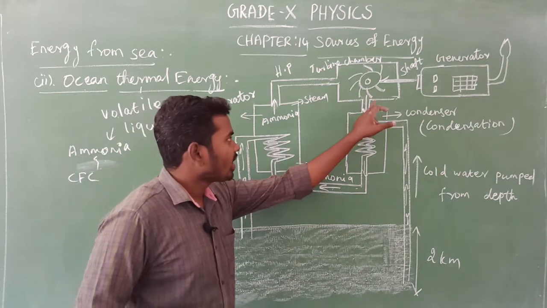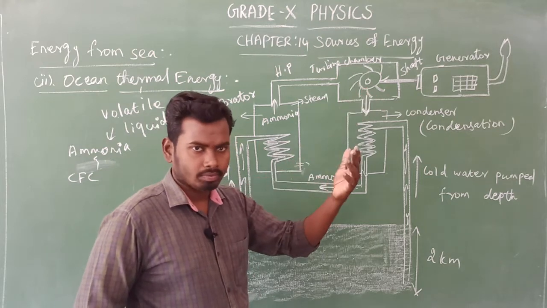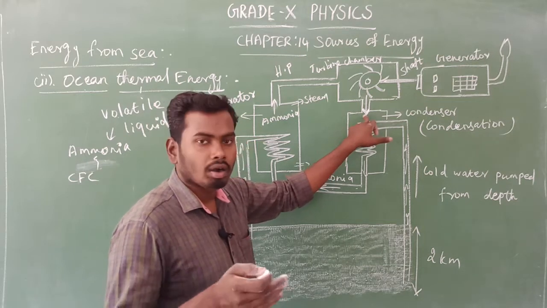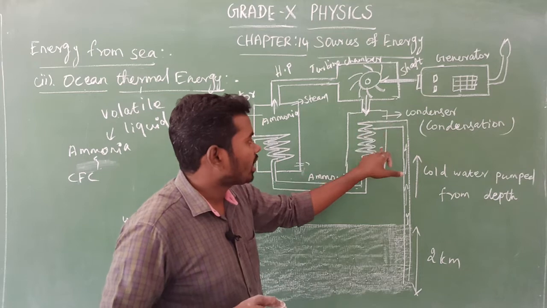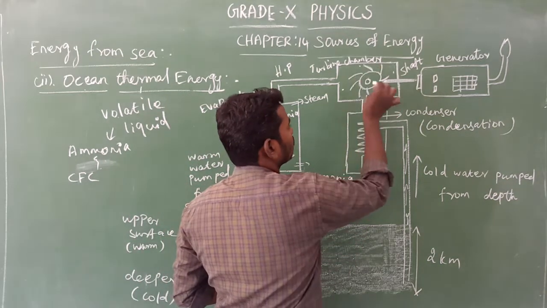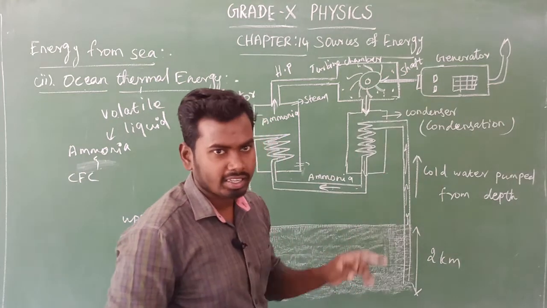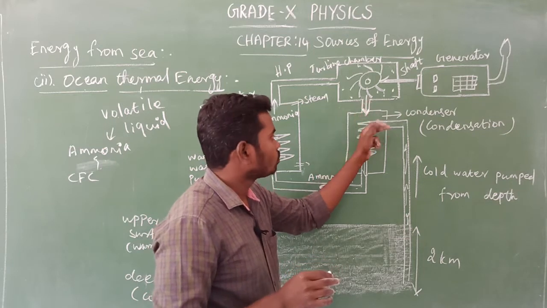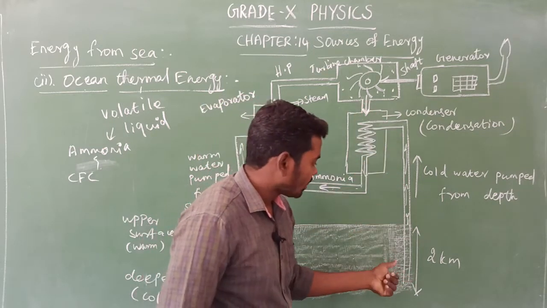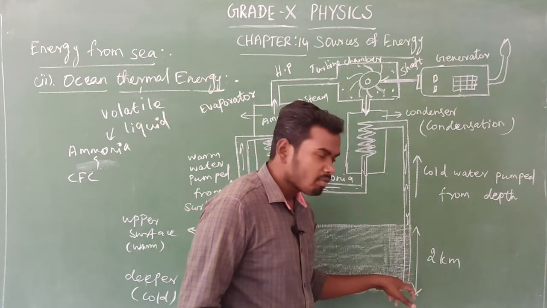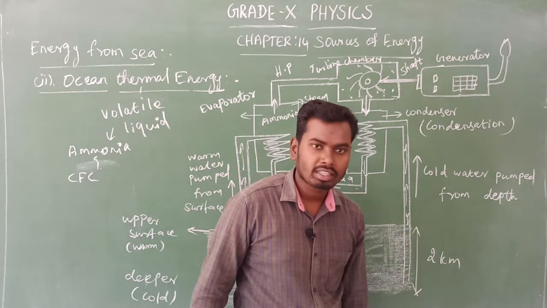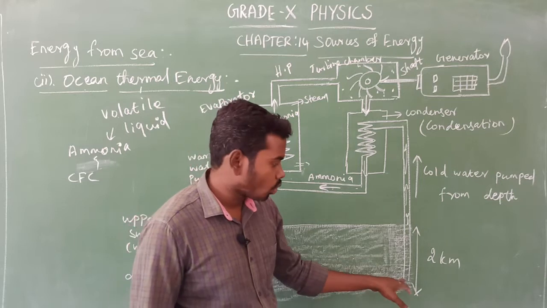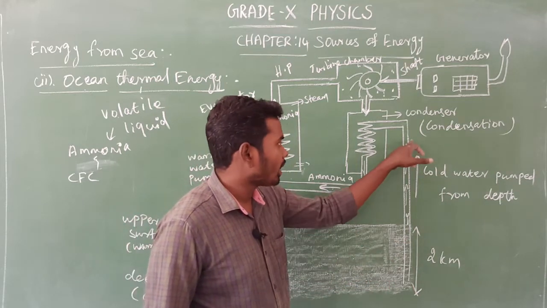Is it clear? Yes. Next, due to this rotation, some amount of the ammonia steam comes to the condenser here. There will be some amount of ammonia spent inside the turbine chamber. That spent ammonia comes to the condenser here. Condenser is here. Okay, next look at here. Next come to this part. Another pipe is present very deep inside the ocean water. Already we know at deeper levels the temperature will be very low, that is considered cold water. The cold water is pumped up through this pipe and comes to the condenser.